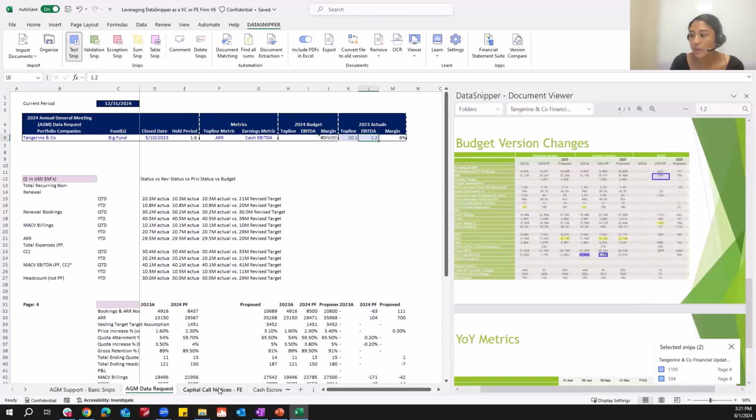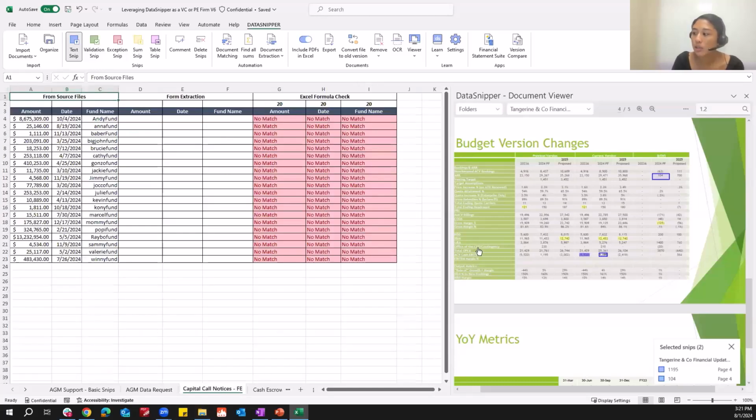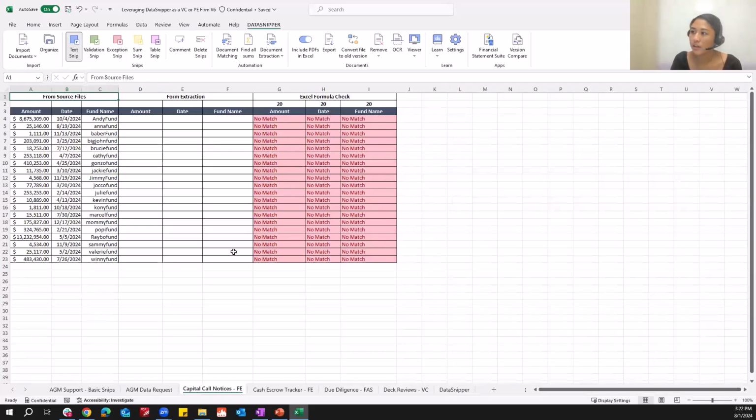So at the bottom of my Excel workbook, I'm going to click on this Capital Call Notices tab, and I'll close out the document viewer for a moment. So this is another use case that can be really relevant to fund admins that are reviewing capital call notices,